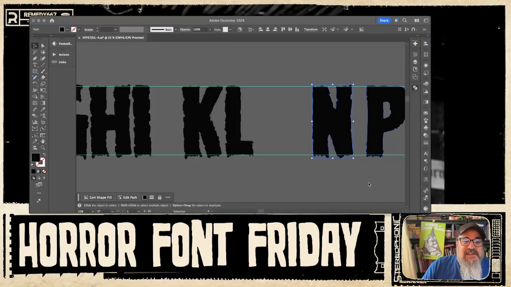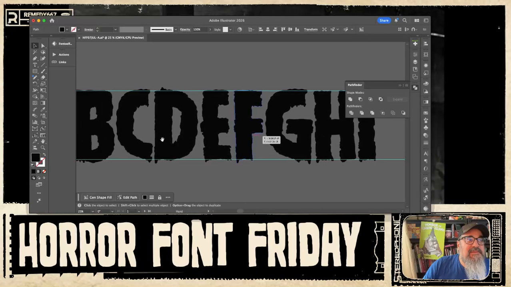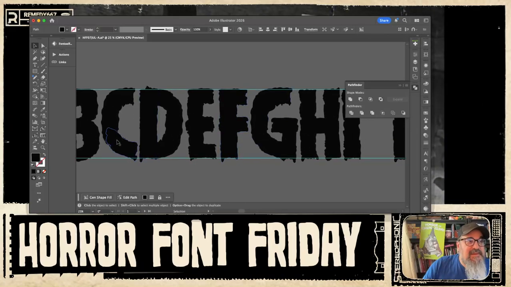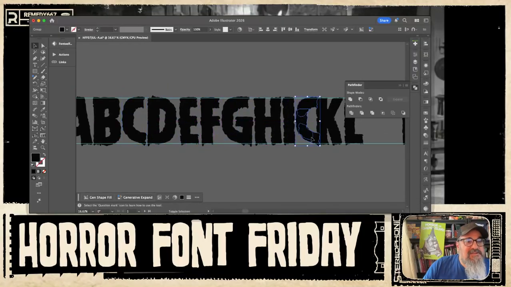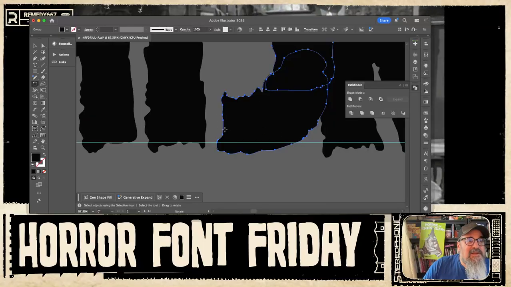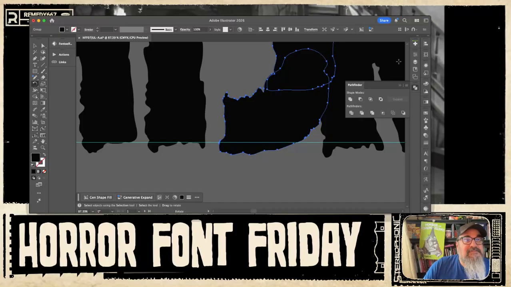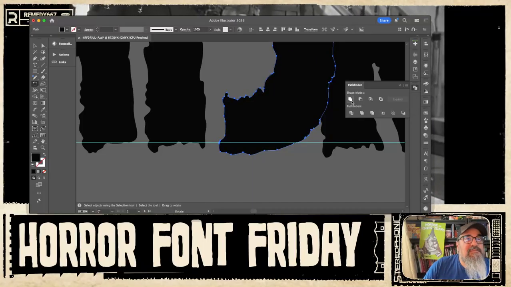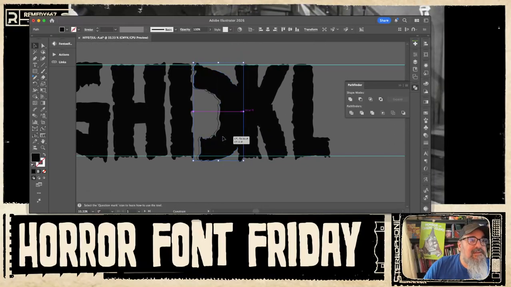Alright, so for my J, I'm going to use probably the C. I want it to remain pretty tight. So what I'm going to do is I'm going to rotate it, and I want this to be parallel with my eye. Kind of by eye, but still. We'll go ahead and make that one shape. And then